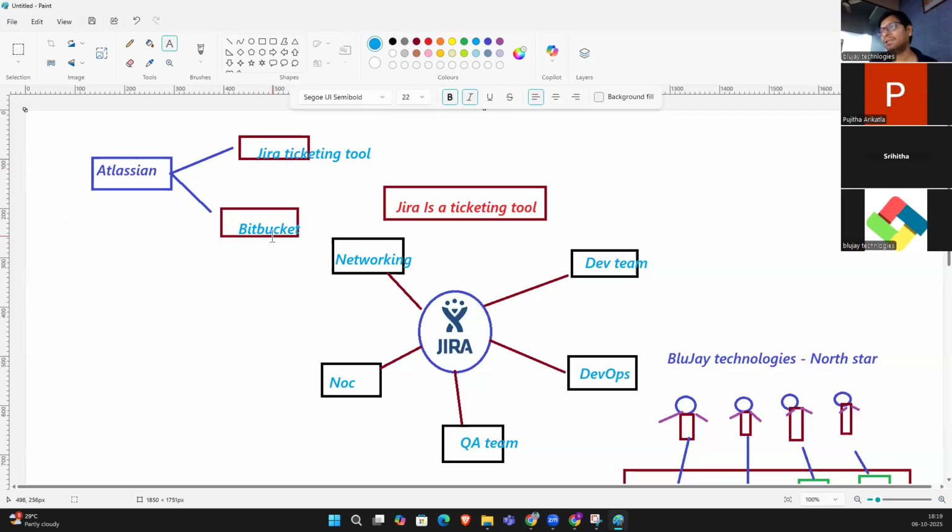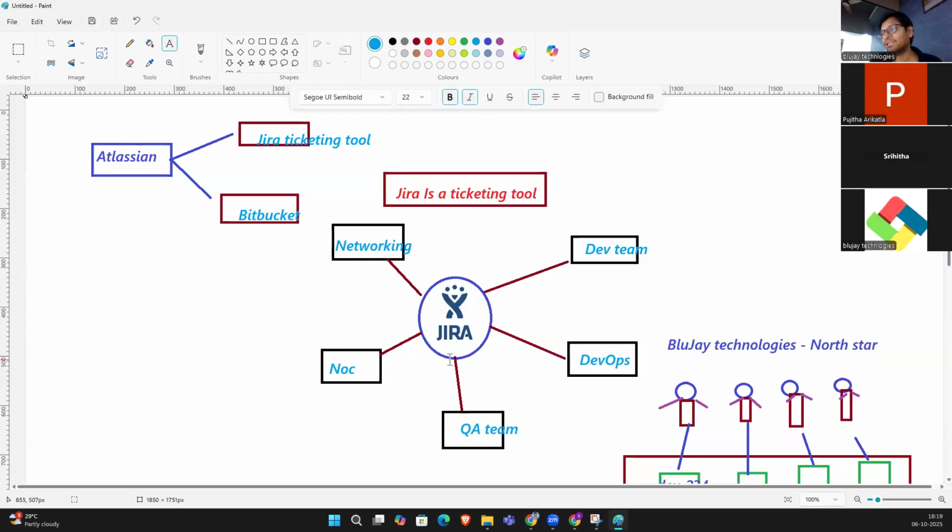One is the Jira ticketing tool, and the other is Bitbucket, a Git repository. So Jira is a popular ticketing and project management tool developed by Atlassian, widely used in software development, IT operations, and DevOps environments to track tasks, bugs, incidents, and project progress.